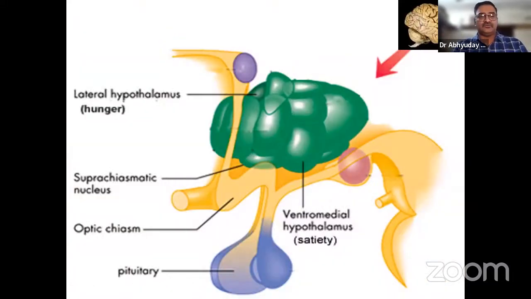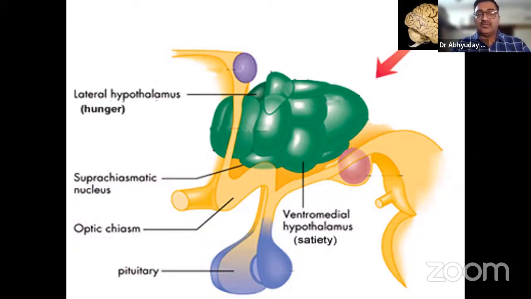So without wasting much time, we'll see how all this happens. This is a very simple diagram, but here you can see the hypothalamus. Especially I would talk here about the ventromedial hypothalamus, which takes care of satiety. Stimulation of this part brings about an early satiety. On the other hand, the stimulation of the lateral hypothalamus stimulates hunger, or causes a hunger signal. So it is basically the balance of these two things.